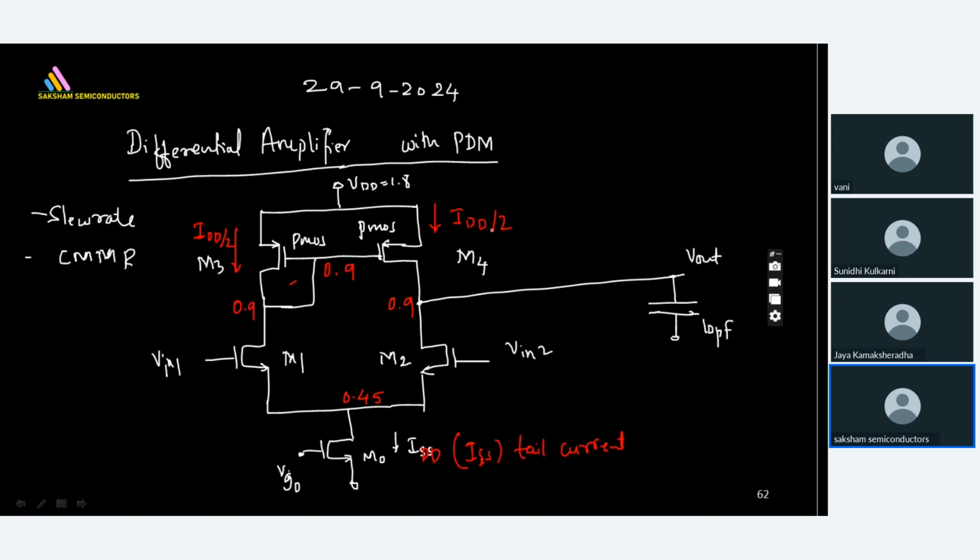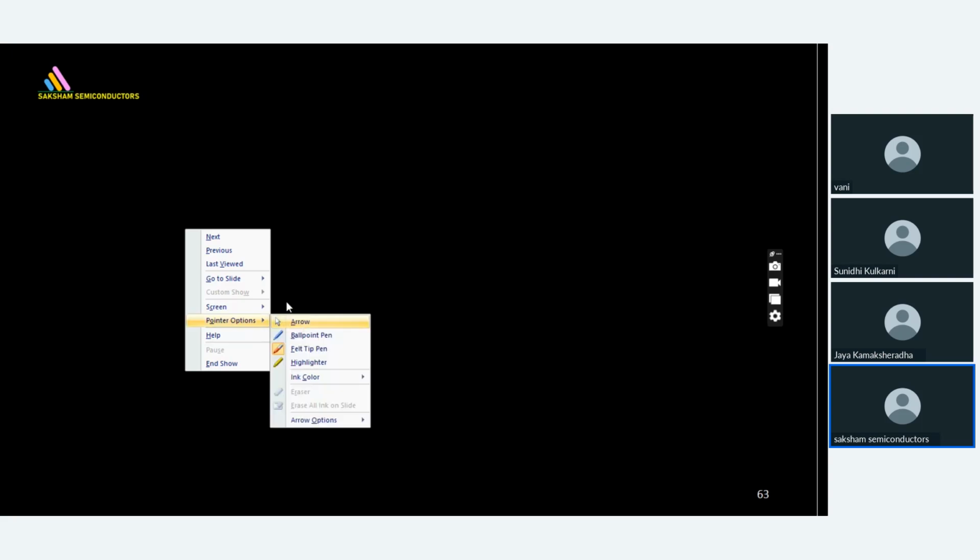Okay, so now let's get into the design perspective. This is my schematic which I'll be using. If this is the schematic, I need to design this particular amplifier with the given specifications. So what are the given specifications? I'm going to do the design for a gain of 40 dB,